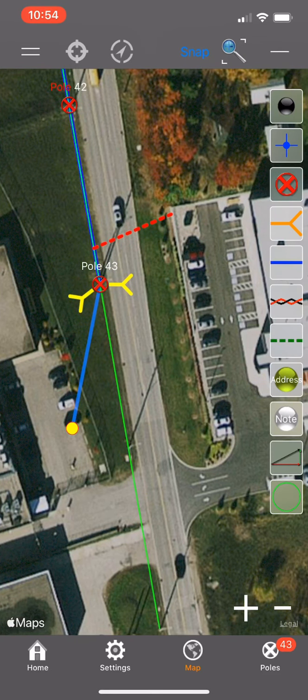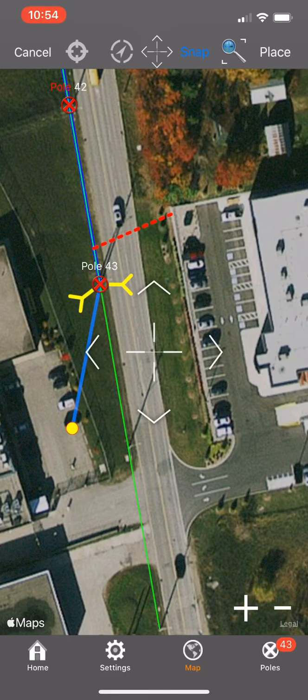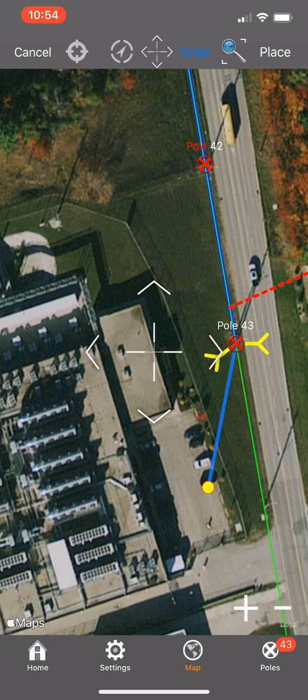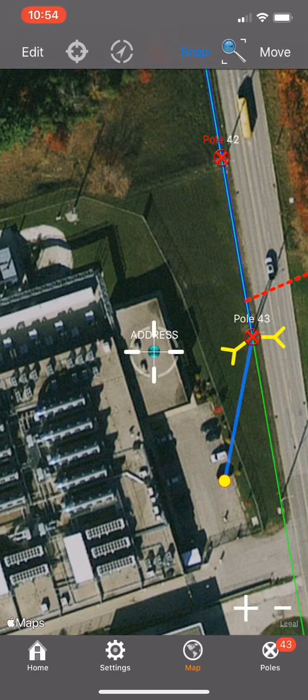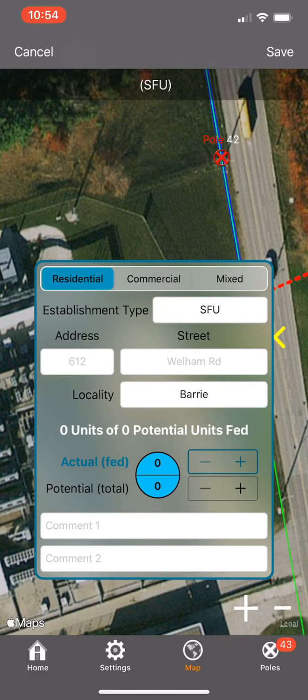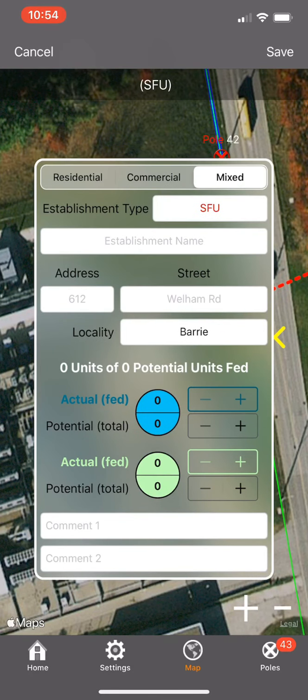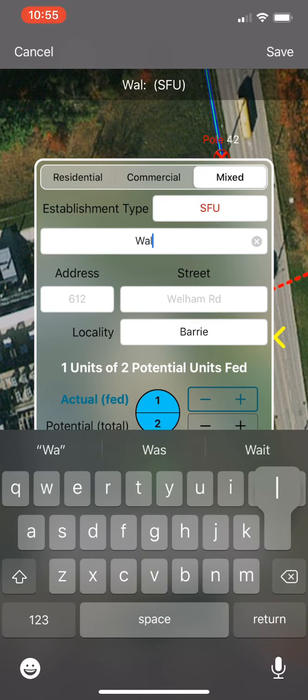So some of the other elements you can place, if you're collecting address information, you can place an address, and there are tons of fields here, whether it be commercial or mixed, would allow you to populate actual over potential drops or units fed. And you have comments, establishment name,